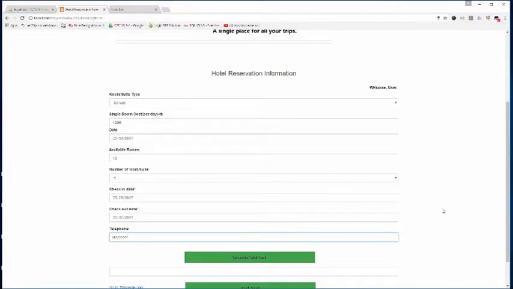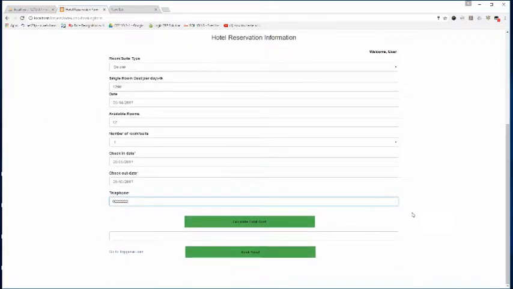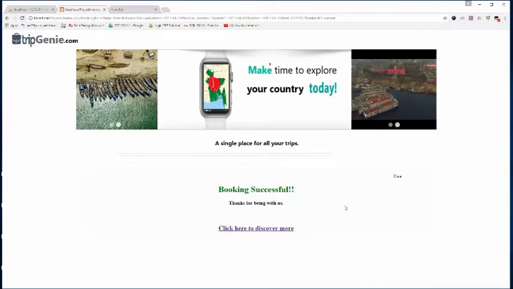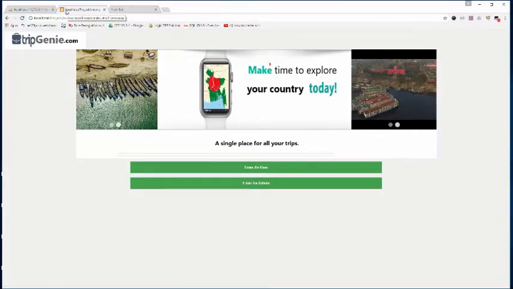Now we'll have to put the check-in date. If we place check-in date before today, then it will show an invalid date error, system date before system date, and if we place 9, it will be all right, and if we place then 10, it will be all right too. Now we'll have to provide telephone number, which is mandatory.